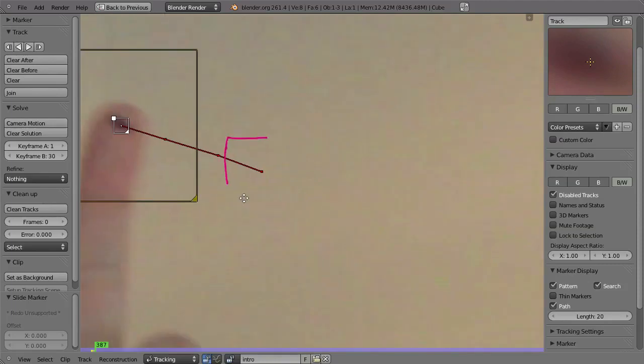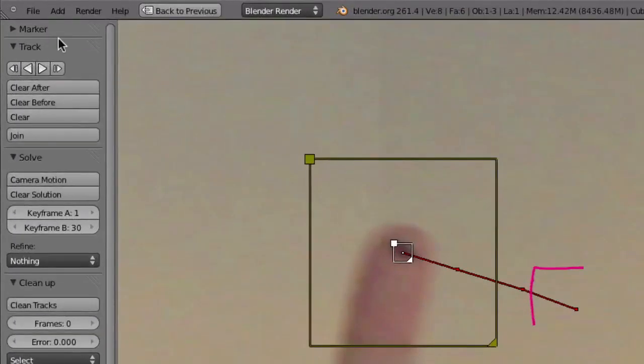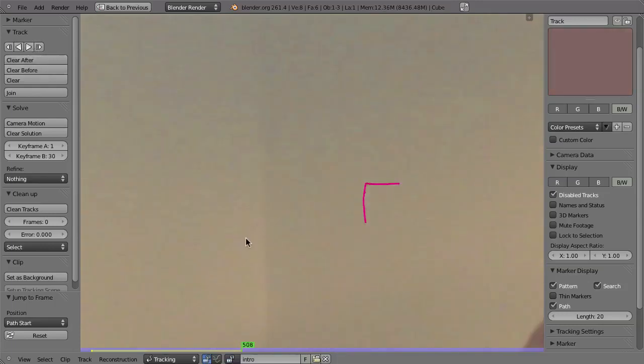Now of course we don't want to do this frame by frame. You can also try to do that automatically. And the automatic tracking is done by this arrow here. So this is just one frame and that would be the whole sequence. Now when you press this button, Blender will start tracking this feature, but since we want to concentrate on the feature and want to stay focused if everything goes right, I want to have this feature always in the center of my frame. Because I can show you, when I press this button now, Blender will start tracking indeed, but it will leave the frame just because we are zoomed in.